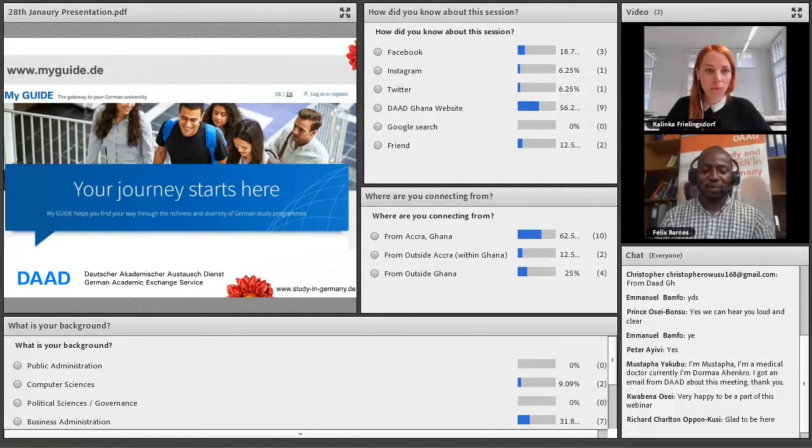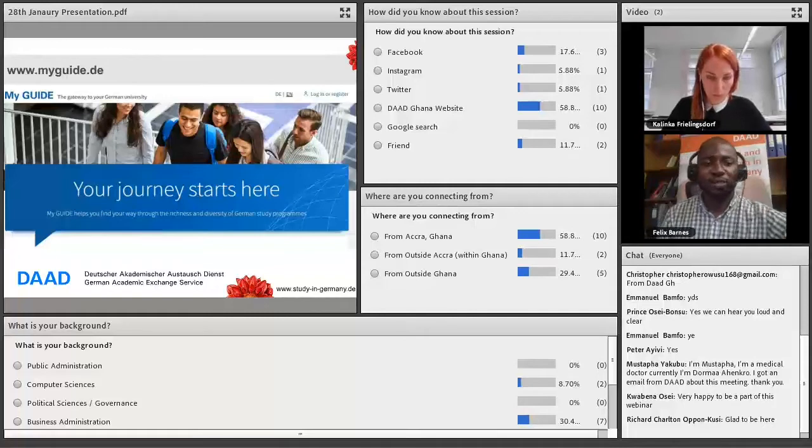Finally, I would like to leave you with this guide. It's called mindguide.de. Here at mindguide.de, you can find the stages of your journey into Germany, where you can research for schools and get other information about application procedures, in fact, several things you can get from this page.